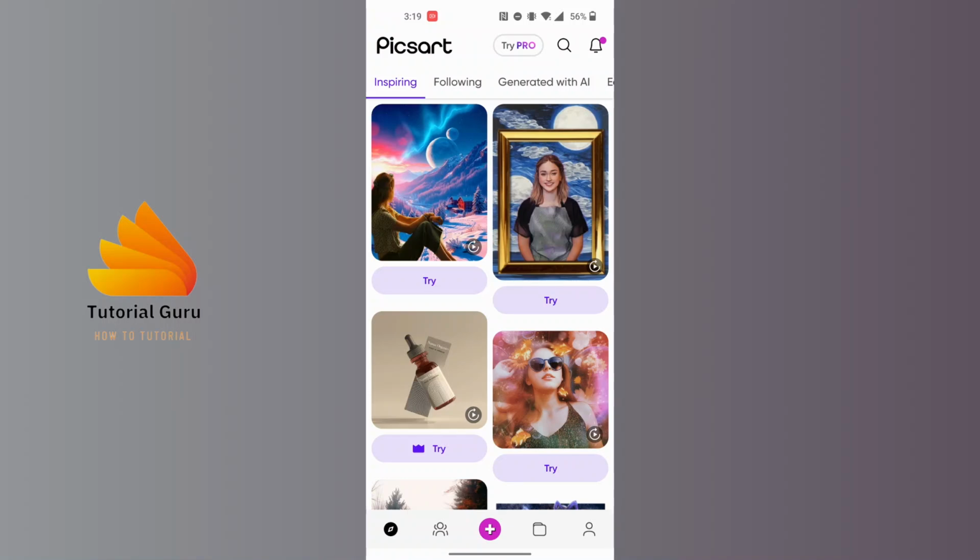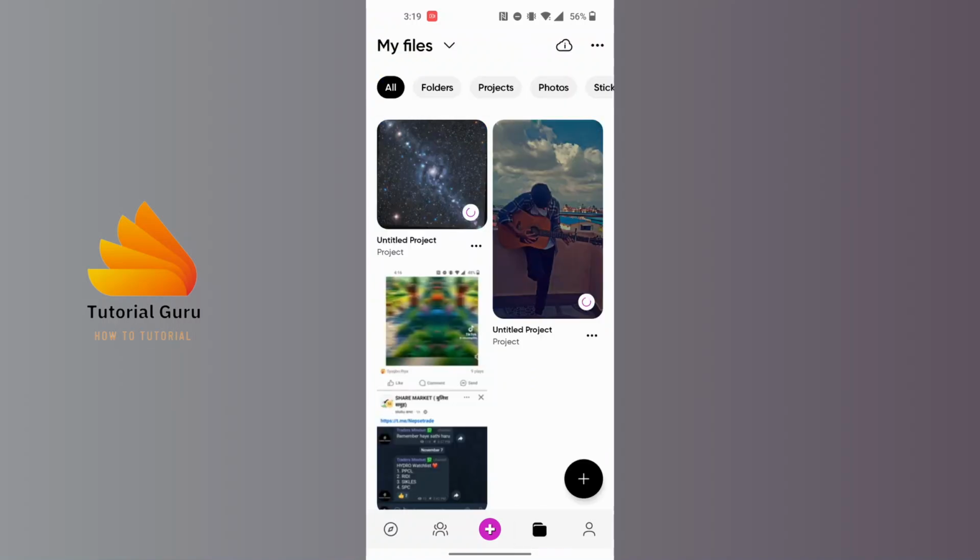of Picsart. And from over here at the bottom of the screen, on this interface you can see a bunch of buttons available for us, where there is the plus button at the bottom middle section of the screen, and there is the folder or the file button at the bottom right corner of the screen. Tap on the folder or the file button at the bottom right corner, and on this interface you'll land over